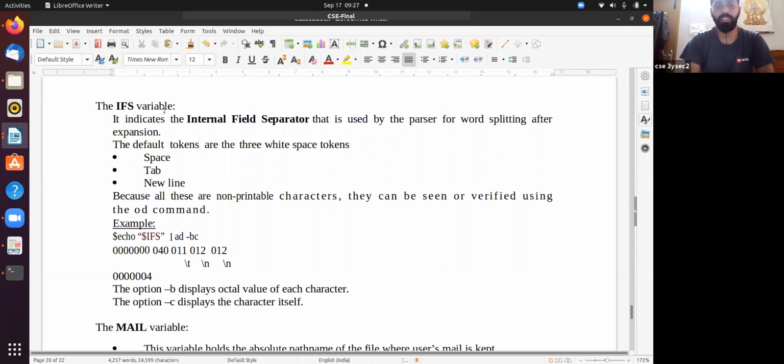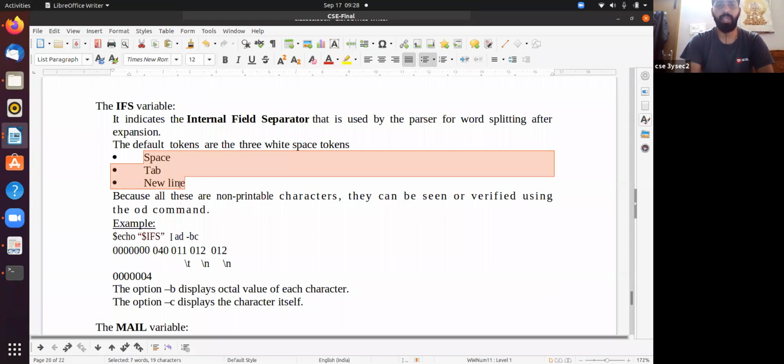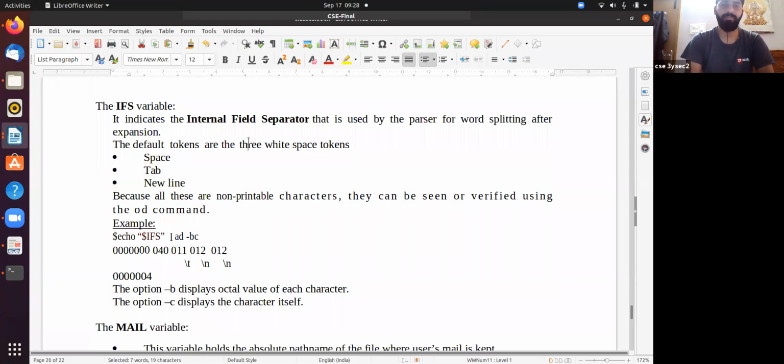Up to now, remember, what does the IFS variable mean? Internal field separator. By default, there are three white space tokens: space, tab, new line. We can change these field separator tokens by using the IFS variable.